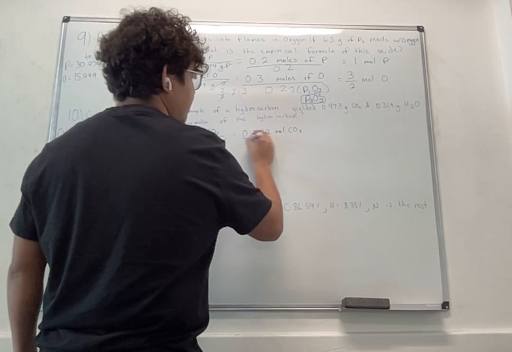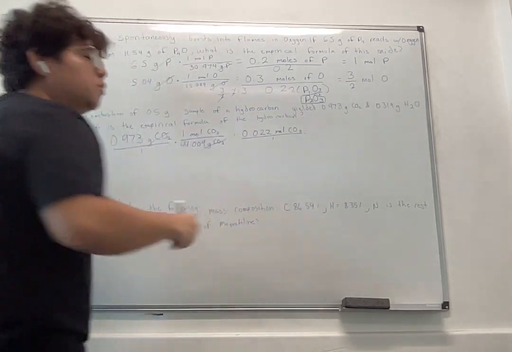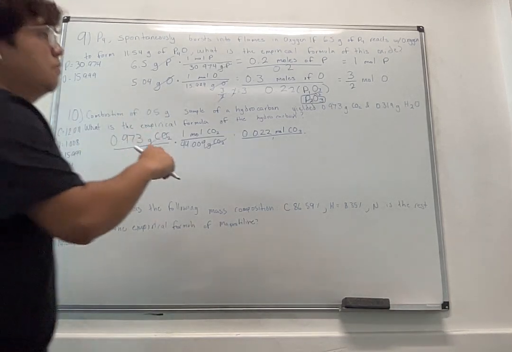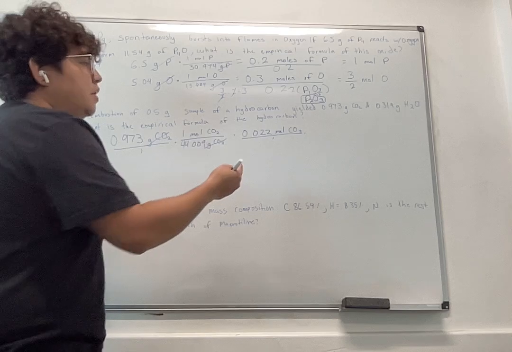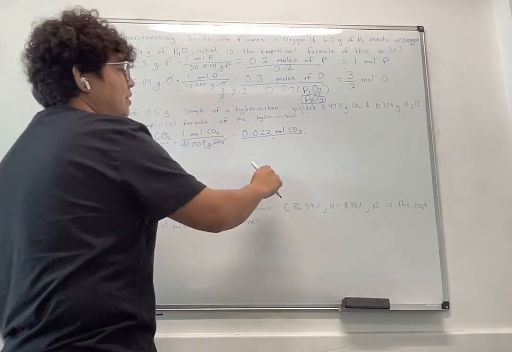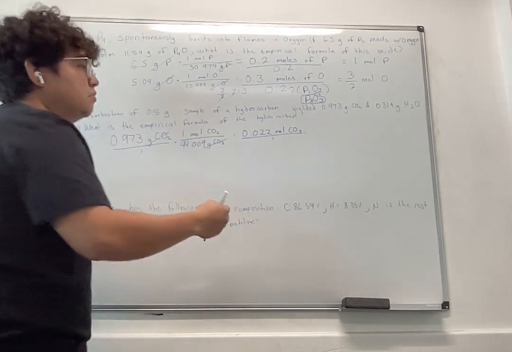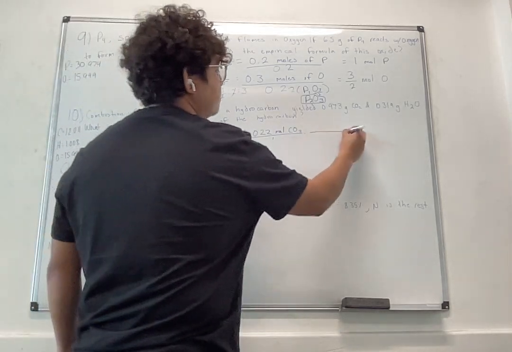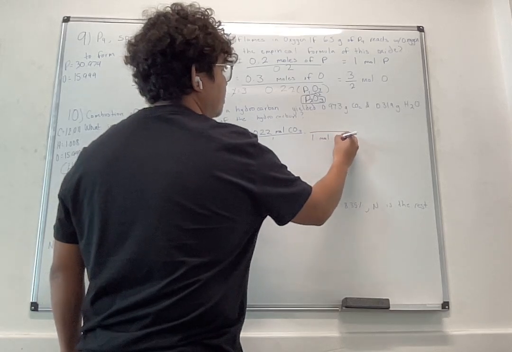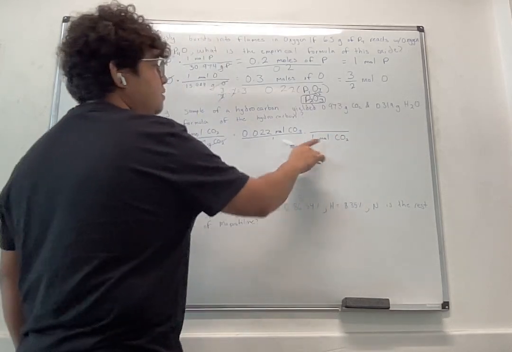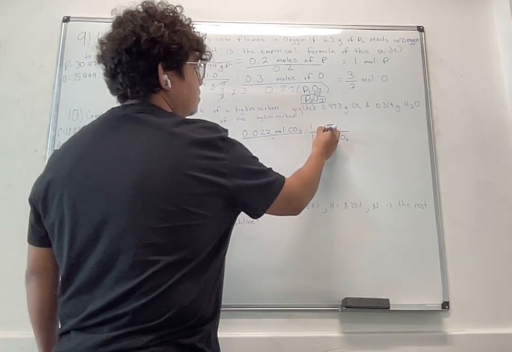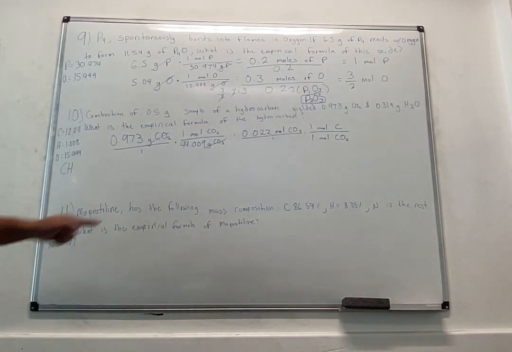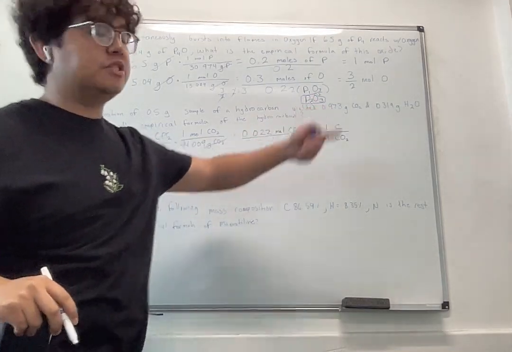Now, remember we just want carbon by itself. So for every carbon in CO2, there is one CO2. For example, let me just show you, right? 1 mole of CO2 carries only 1 mole of carbon. So whenever you get to this point, for example, for hydrogen, you got to be careful,